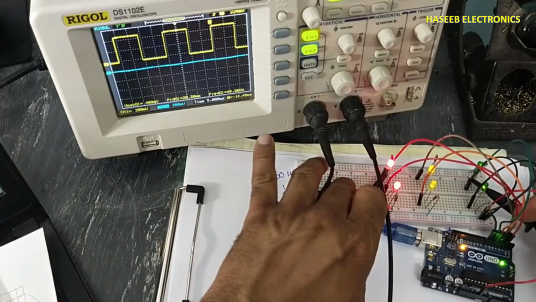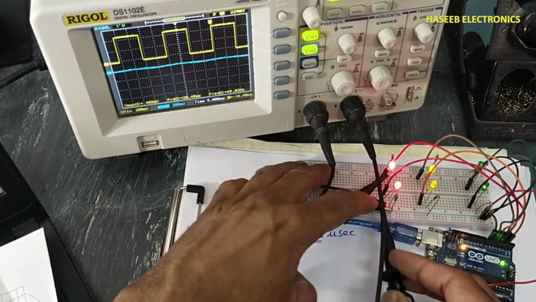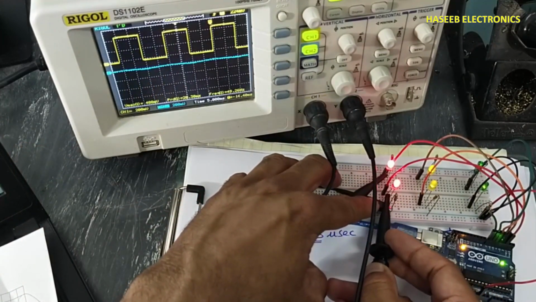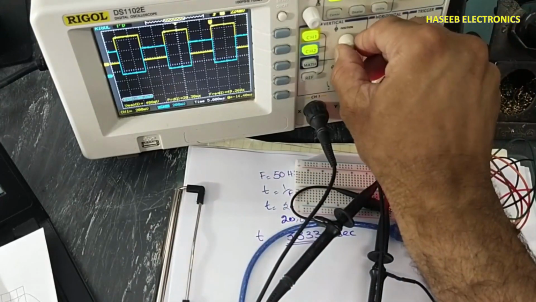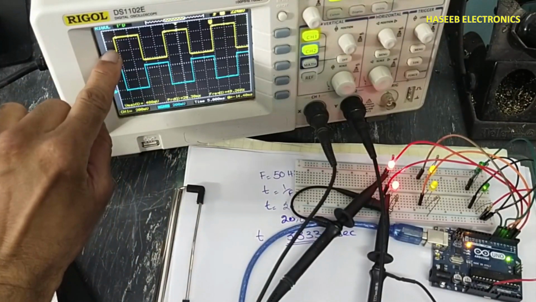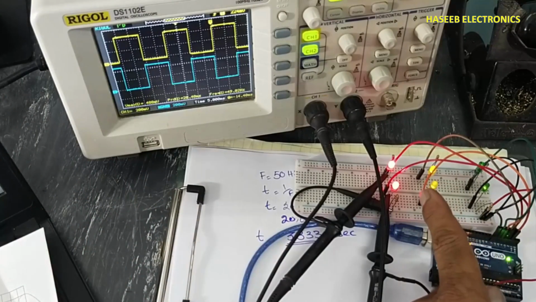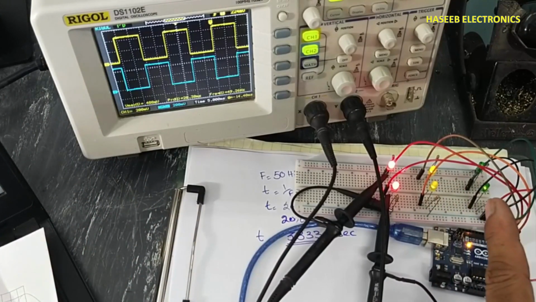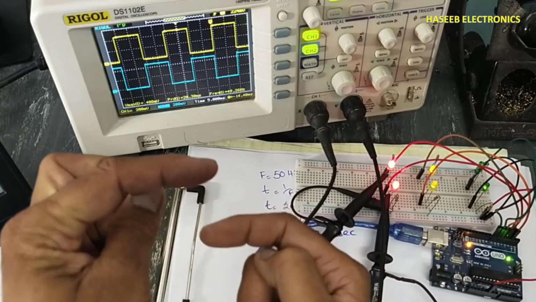Now let's check high drive and low drive. This is channel A high drive, and we will check the low drive now. These must be opposite to each other. Fantastic. We can see high side and low side are opposite to each other. Each phase has 120 degree phase difference. Phase A high and low have 180 degree.